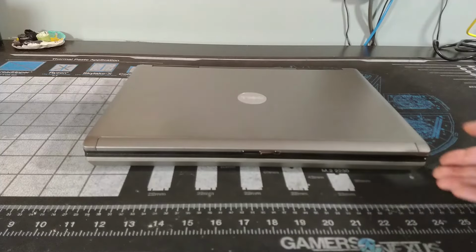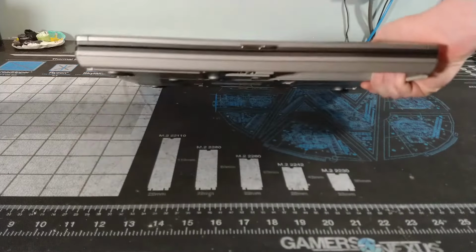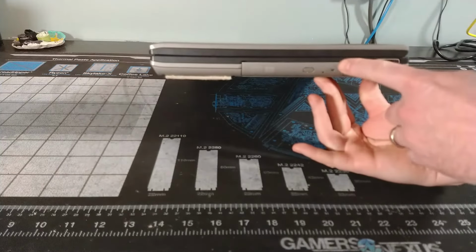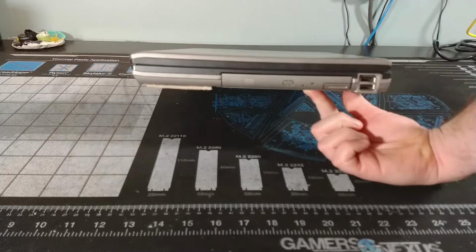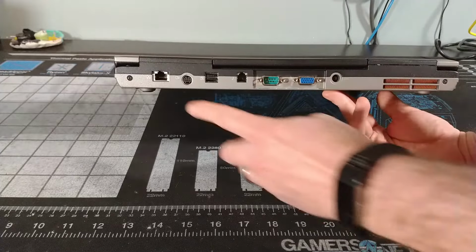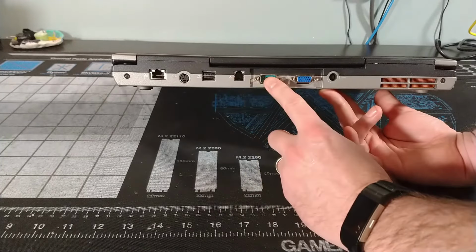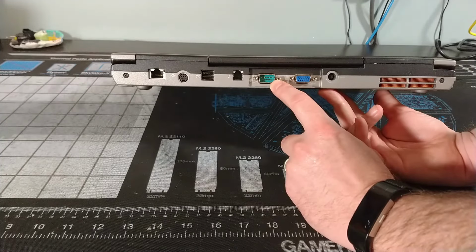So taking a quick look here, we've got our top, not too many scratches or scrapes on it. Latch release on this side, the front end here. And we look on the side here, we've got our optical drive. So we got a rewritable drive here. USB ports. Switch around to the back here. We've got some more stuff. Ethernet. We've got an S-video output, apparently. More USB, a modem. Serial connectivity, which, I mean, you may not even see these on any modern